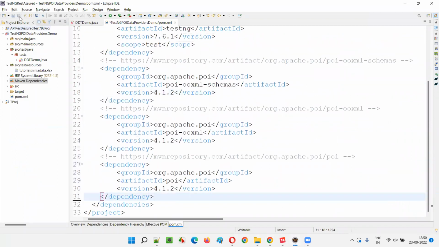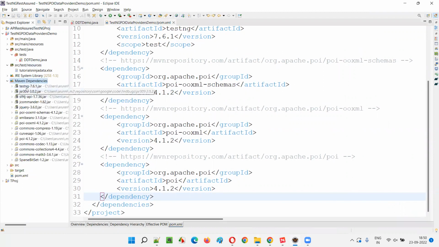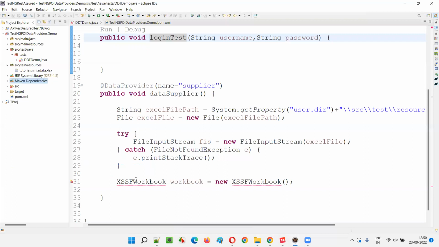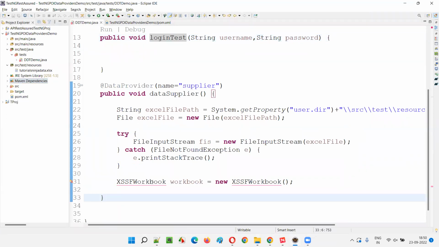We have added the POI API dependencies, and they'll get downloaded here, and you can see them here, guys. Okay, POI XML and all those things. Now go back here to the DDT demo, and hover the mouse on XSSFWorkbook, and hover it again. You'll get the import statement. Import this from the POI API library,